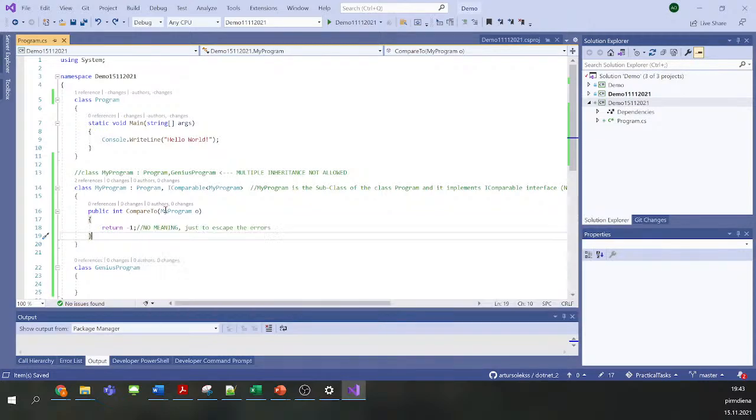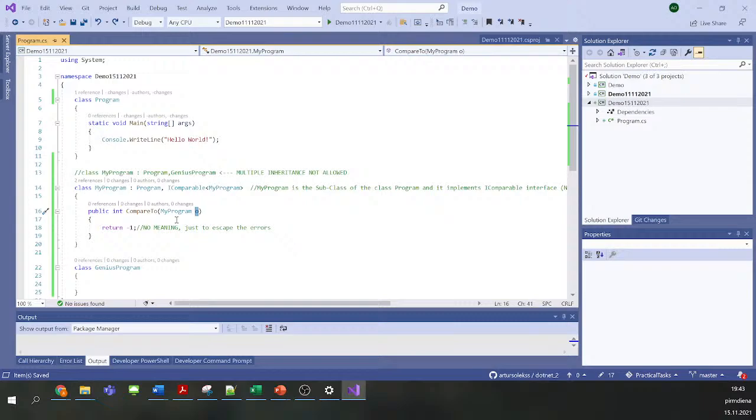I compare to my program object, and then it can return three values: positive integer value, negative integer value, and 0. Usually it's simply 1, 0, and -1. If it's positive 1, then it means that the current object is greater than the object O provided.